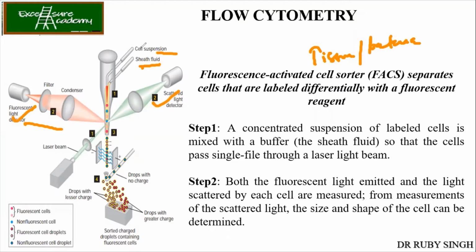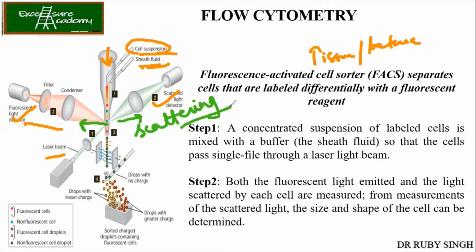Okay, I repeat, you have got the cell suspension over here. It is passed through the machine. Fluid has been added so that the cells can move individually. One single cell can pass through the nozzle. Now you have got the laser beam which is passing through this nozzle. Each cell is going to have its own fluorescence as well as the scattering of light. Each scattered light will be detected by the detector, and you also have the fluorescent detector over here.